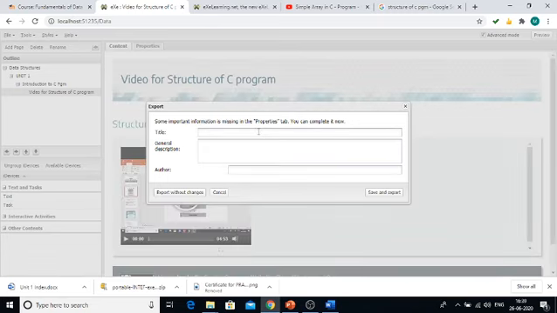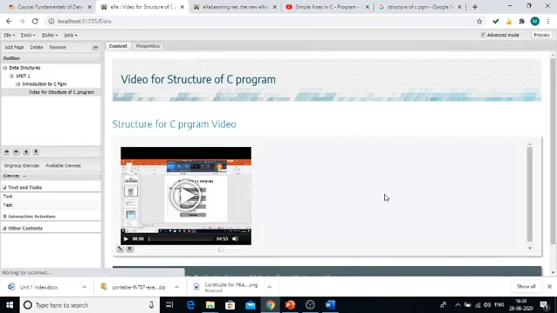So give a title. I am giving it as data structures unit 1. If you want, give a description, then add the author name for the content. Author, give the author name as your name. Then click save and export.